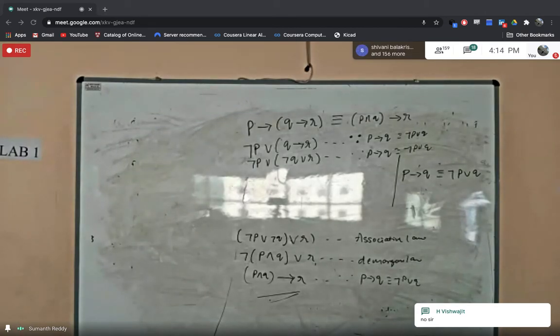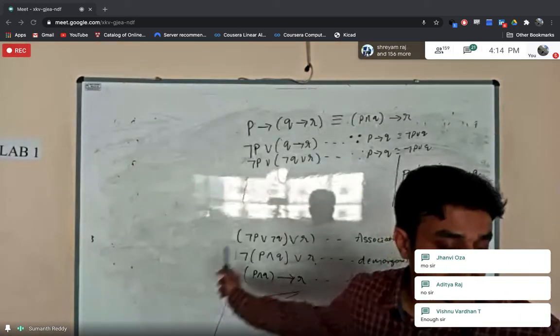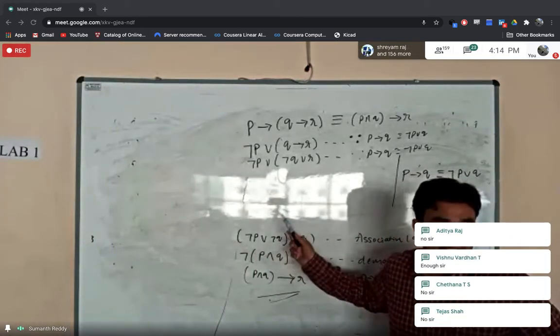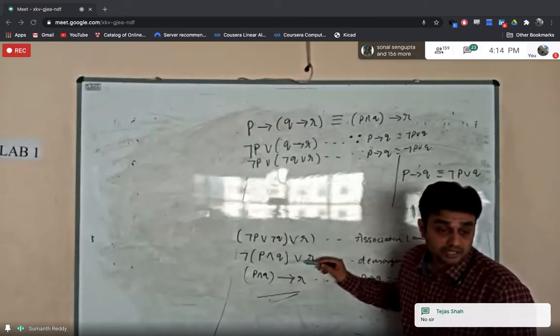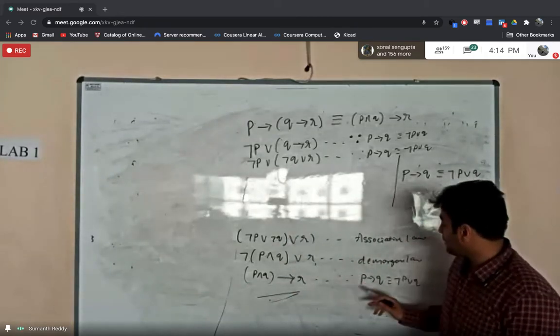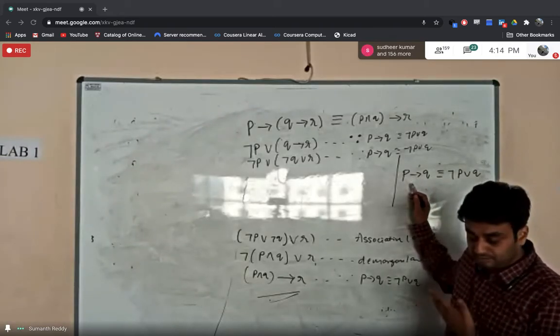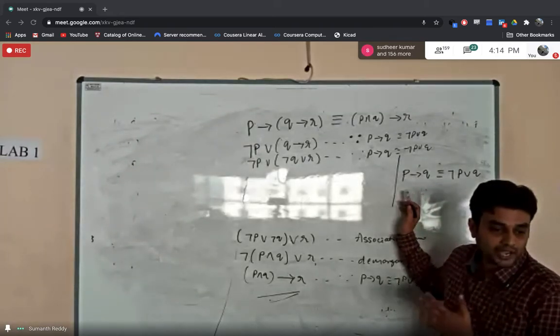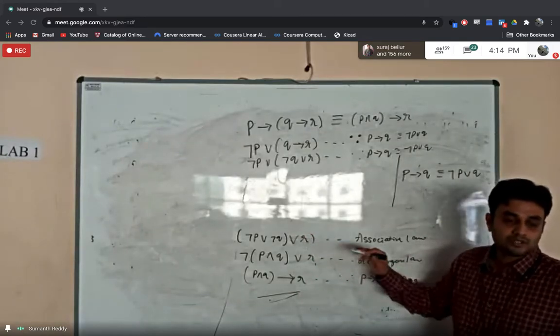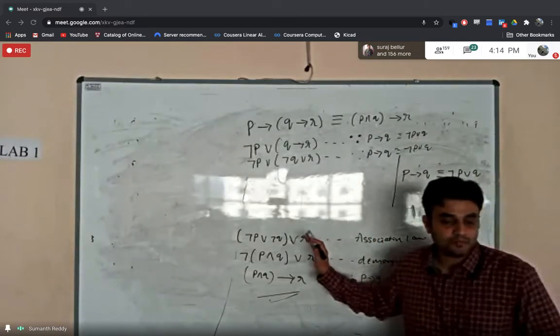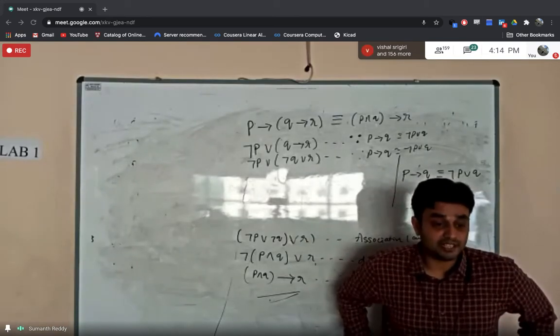Okay. So anyhow, but this last problem, definitely I suggest you try to solve this again, because there are so many new things that you will be learning in this problem, because you are applying the De Morgan's law in the reverse way, and you are applying the formula, that is the conditional law, in the reverse way. Okay, so you are applying so many formulas here. Fine. So I suggest you only this problem, solve it again. You will learn many things here. Fine.